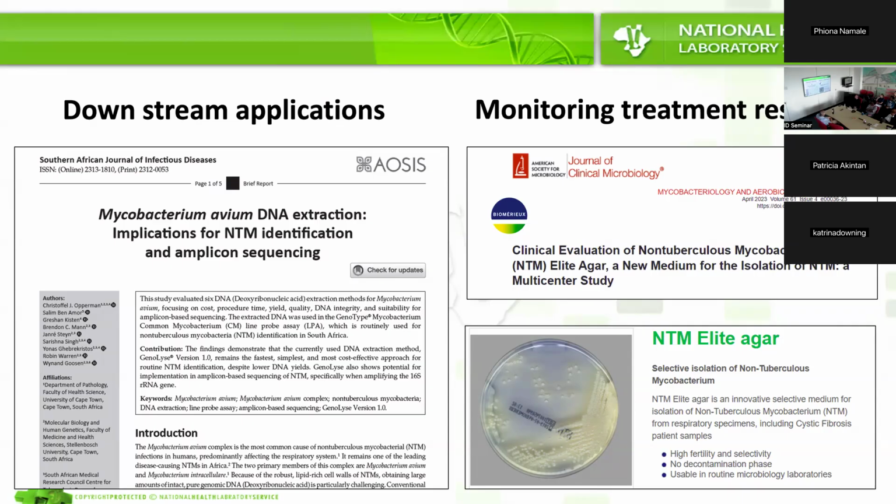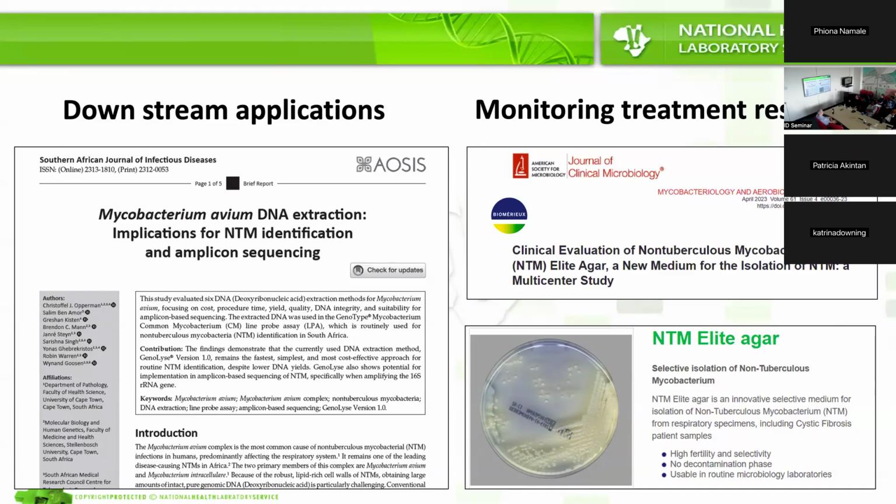So we investigated that a little bit and we found, well, it still works very well, very cheap, very effective for sinus sequencing, which I can help you with, obviously, which is a good thing. But just to be open-minded, even systems that are in place, can they really be implemented with newer platforms that we are implementing? And then something that me and Ali are also thinking about is this NTM Elite agar, which